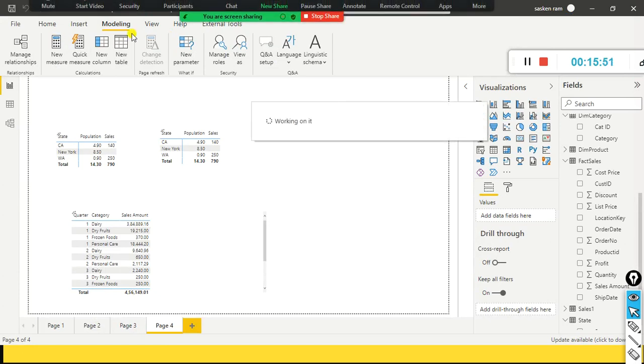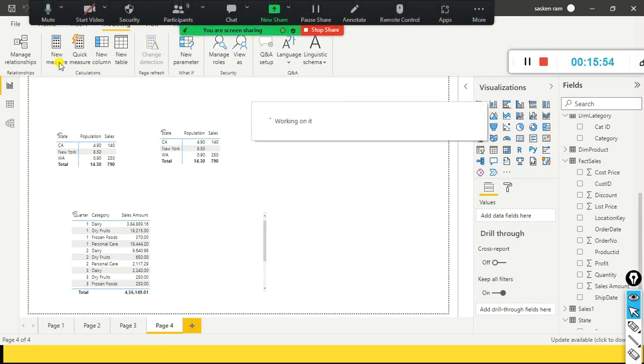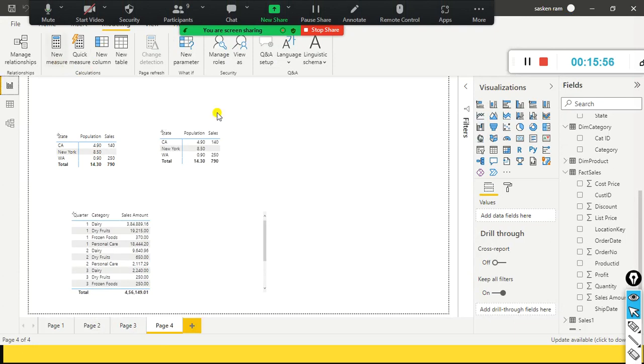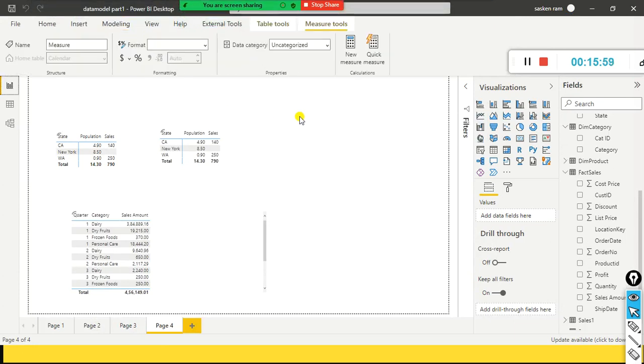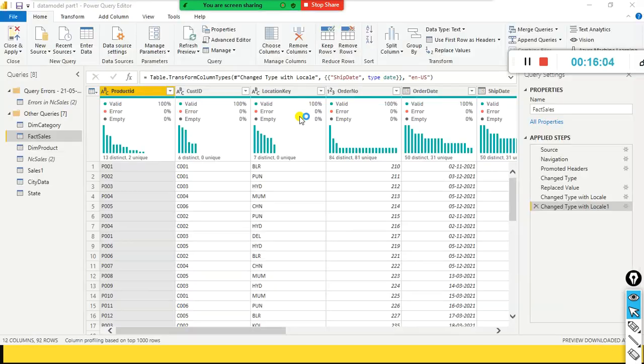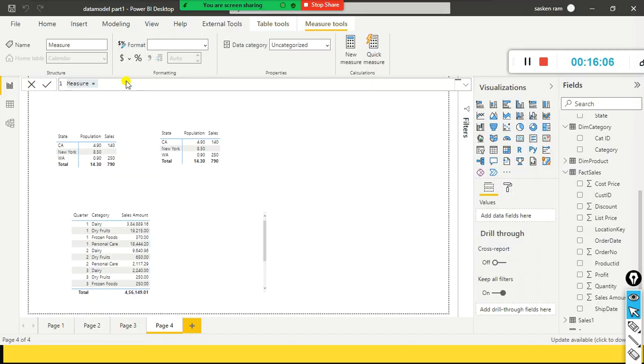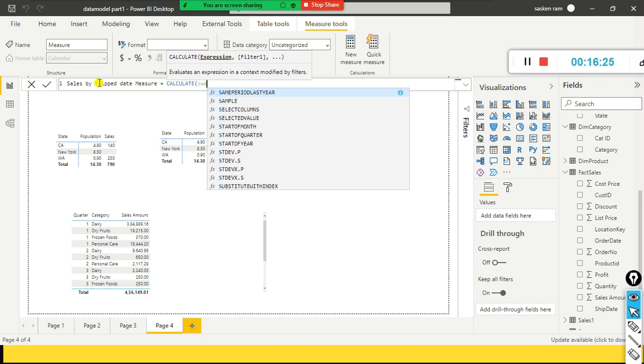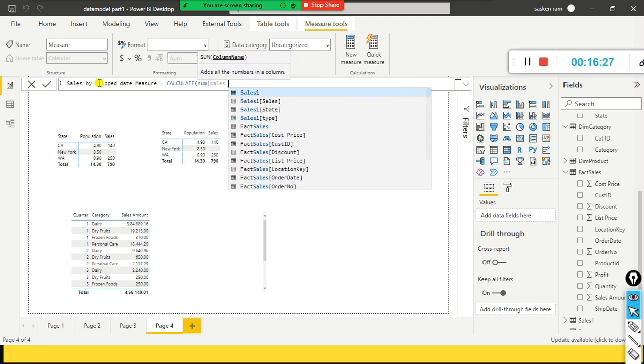Go to the modeling tab and click on New measure. Look here, we can see the measure here. I am going to give some meaningful name: Sales by shipped date. Measure. Here I am going to use something called the CALCULATE function, with the sum of sales amount,